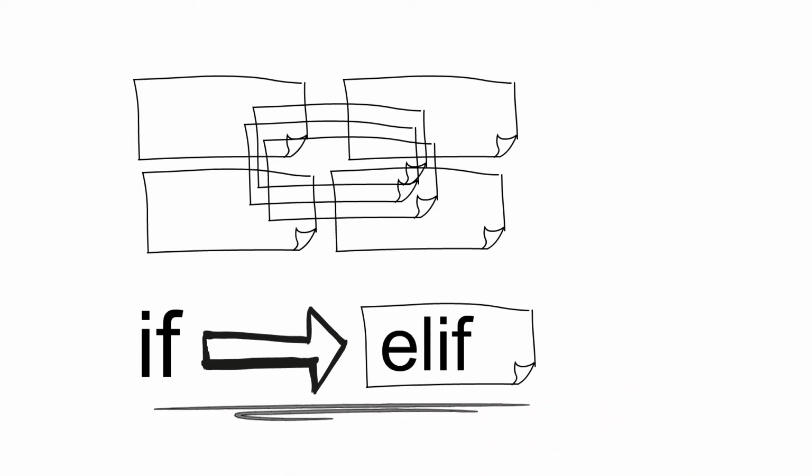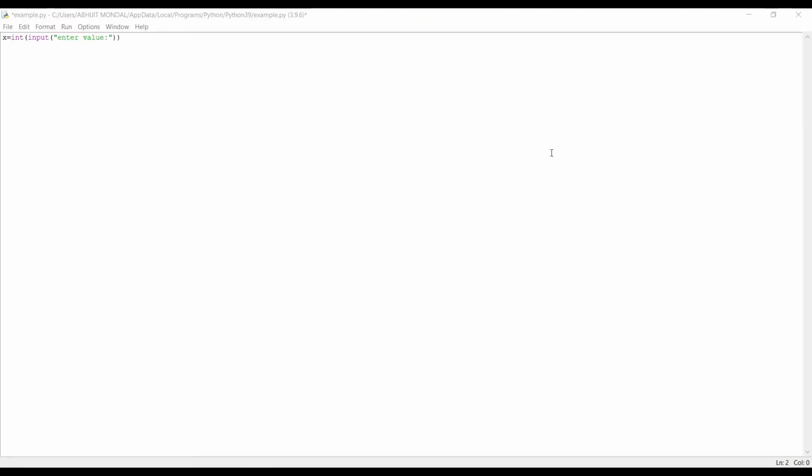In this case, we will write a program in which we take the input of a number, and then if the number is greater than 10, we will print that it is A plus. If the number is greater than 20, then we will print A plus plus, and if the number is less than 10, then we will write B plus plus, and if it is less than 8, we will simply write B, and if it is less than 3, then we will write fail.